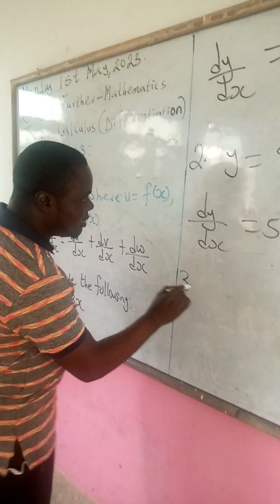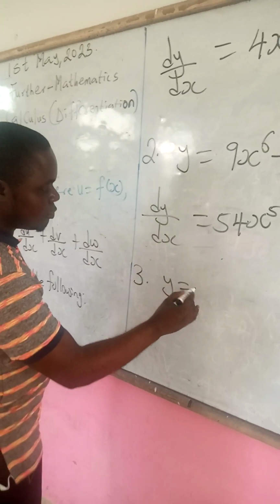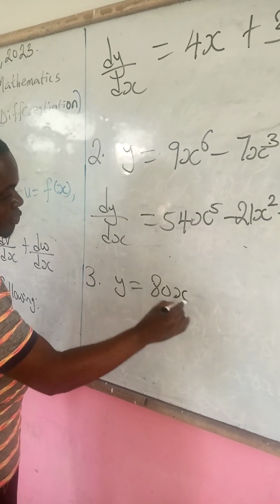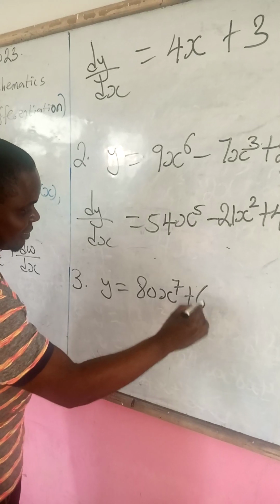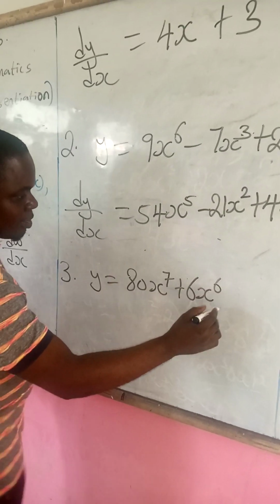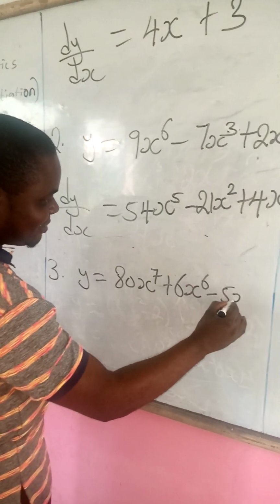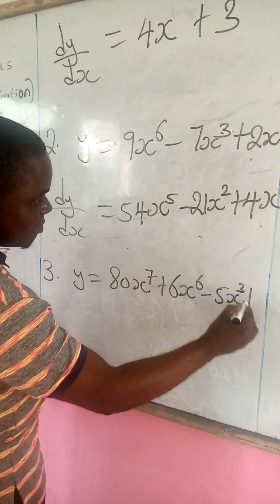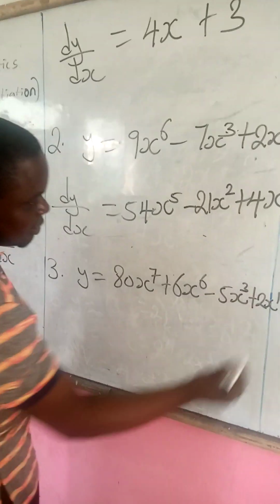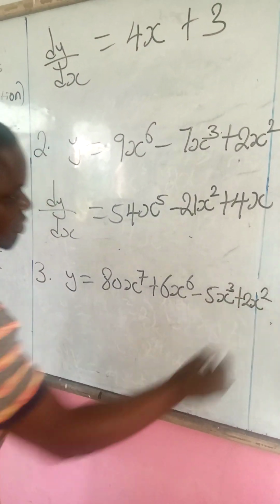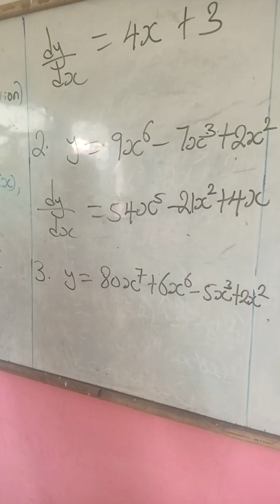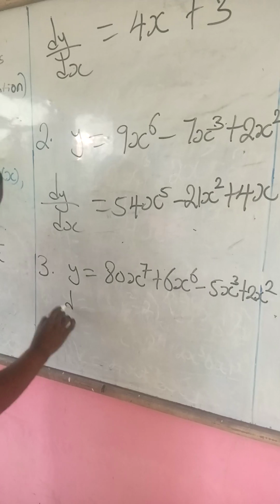Let us look at number 3. If your y equals 80x raised to the power 7, maybe you have 6x raised to the power 6, minus 5x raised to the power 3, then maybe plus 2x raised to the power 1. How do we solve this? Instead of 1, let's make this one 2. So our dy/dx now